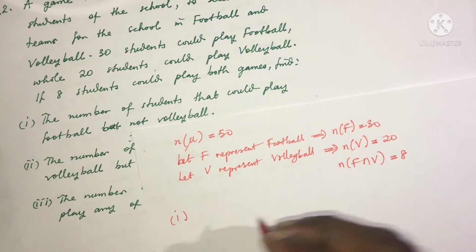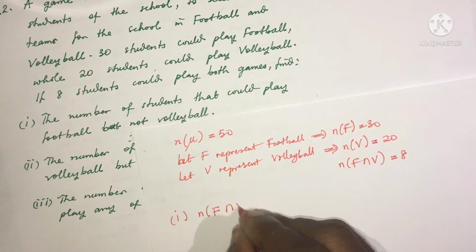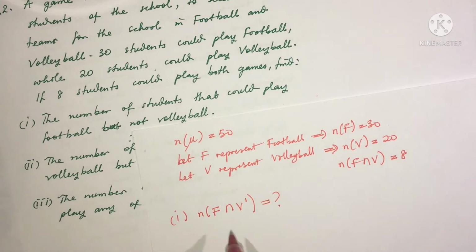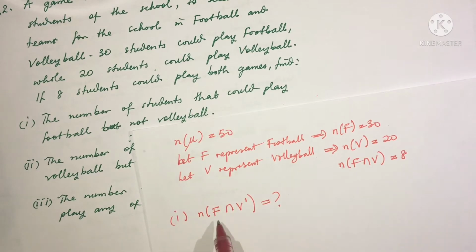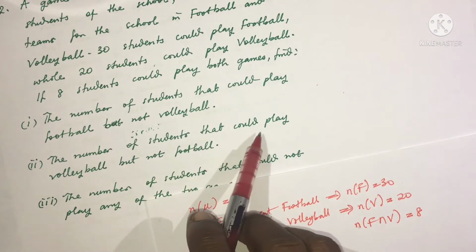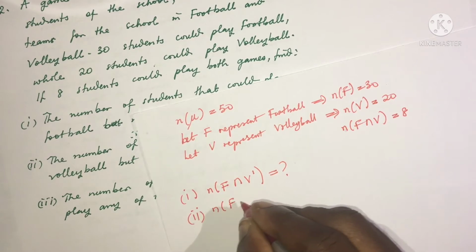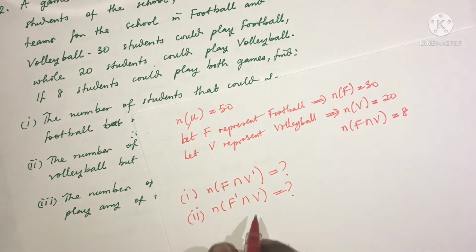Let's write that out. The number of students that could play football but not volleyball will be n(F ∩ V'), because the set elements we are talking about are found only in football. For number 2, we are asked to find the number of students that could play volleyball but not football. So they want us to find n(F' ∩ V), the number of students that are found only in volleyball,